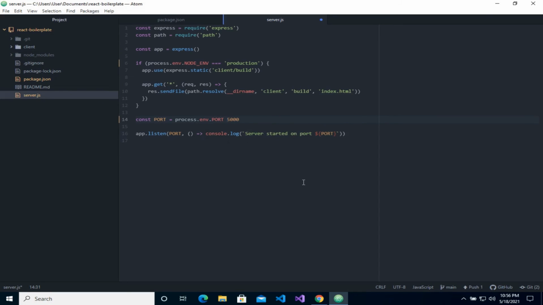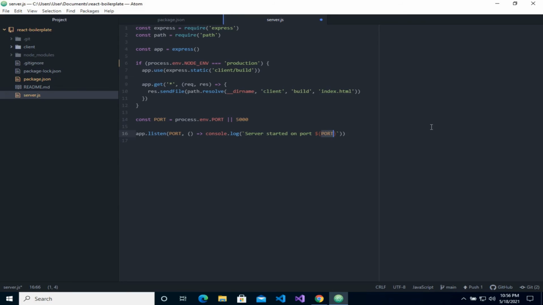But if it's not, if we haven't deployed to Heroku and this variable isn't set, then we'll default to 5000. So we'll just add those there as an OR statement. So once we've deployed to Heroku, it'll be listening on that defined port, and then we'll display the port number